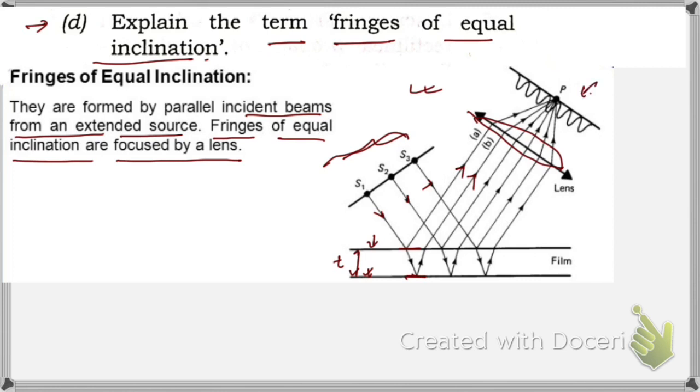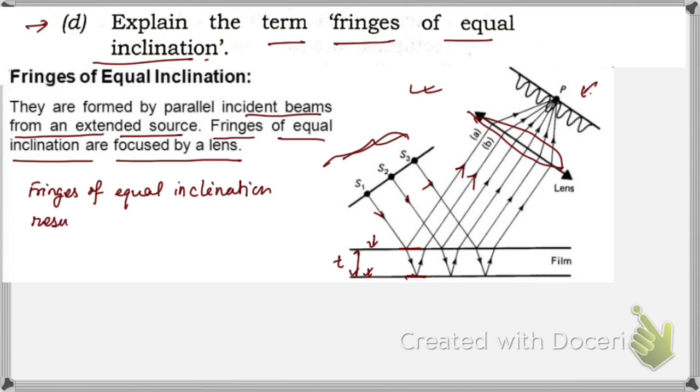So we can write that fringes of equal inclination